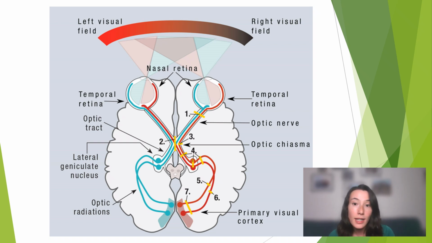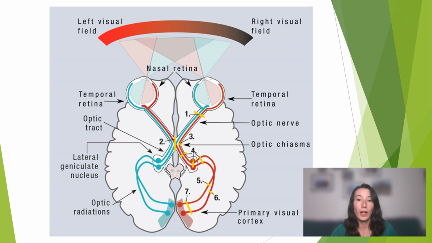But the right side of the right eye, the red line, does not need to cross over the optic chiasm because it's already on the right side. So blue, aka left side of each eye, is going to make its way to the left, while red, aka the right side of each eye, is going to stay on the right side of the brain. Once it reaches the LGN, this is where the information is sent to the primary visual cortex